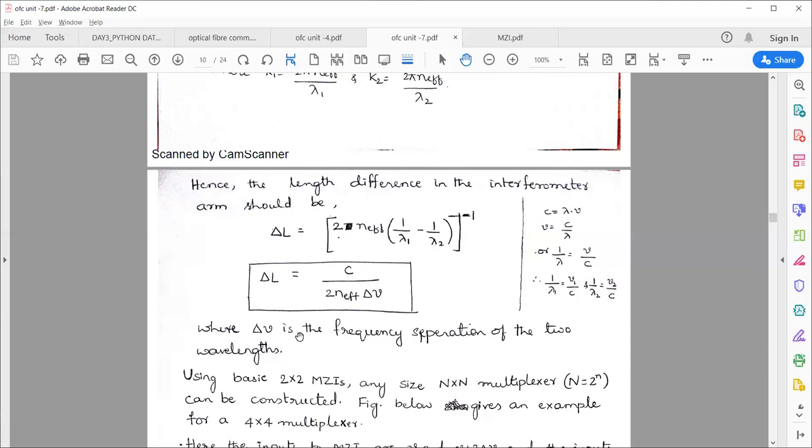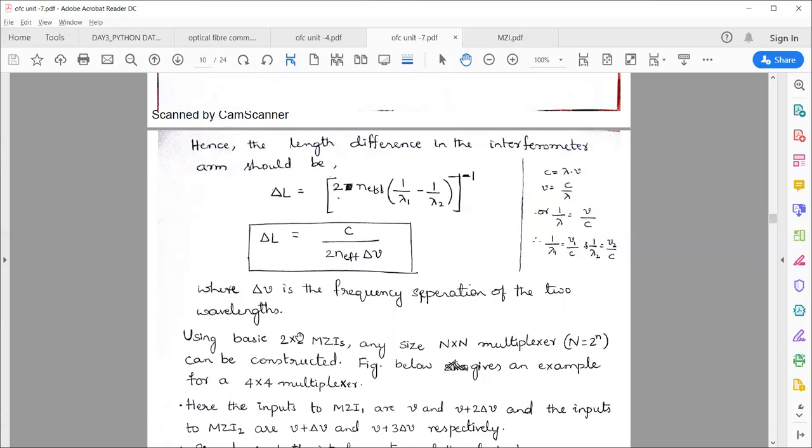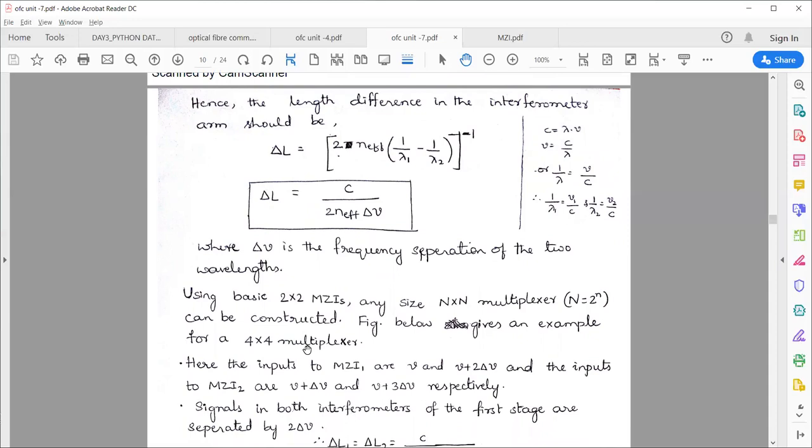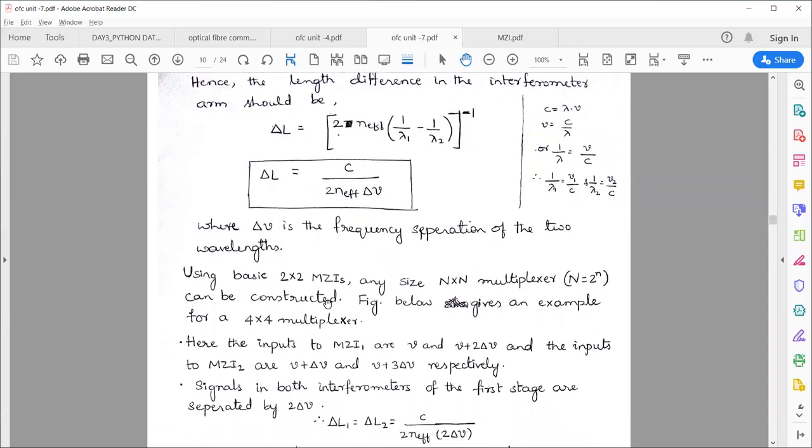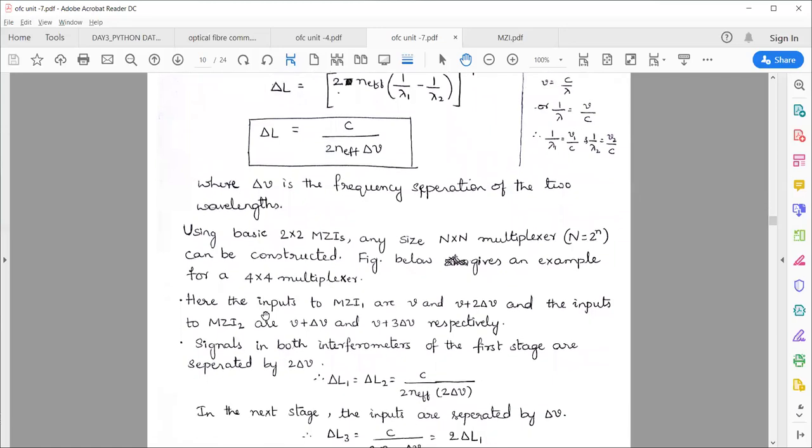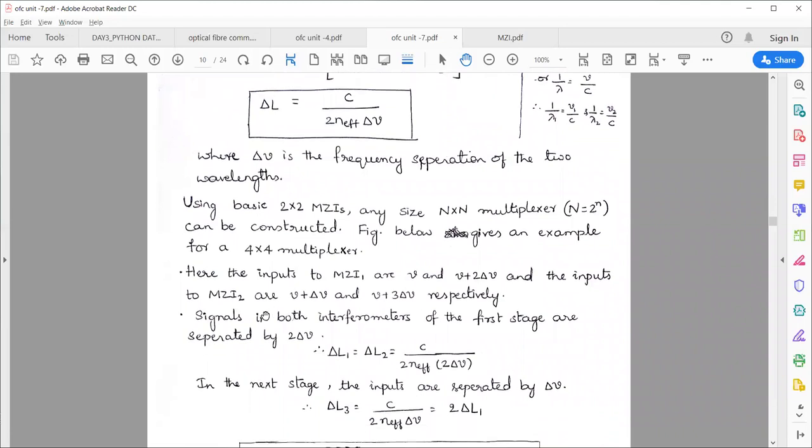Okay, so this is how we can introduce the phase shift in one of the arms of the phase shifter, so that we can obtain the concept of multiplexing using the couplers and phase shifter by using the principle of interference. So after we construct the 2x2 MZI, which is similar to a 2:1 multiplexer, we can expand the same concept in order to construct a 4x4 multiplexer, or what we call a 4:1 multiplexer.